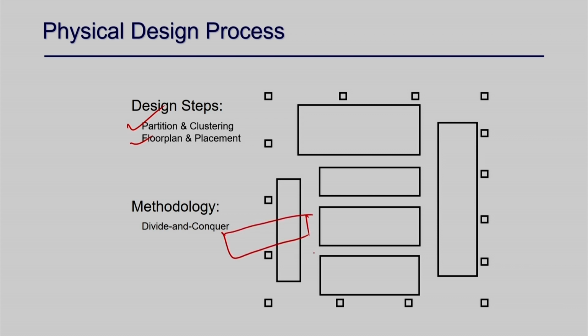I mean you can think about either vertically or horizontally. Similarly, this can be placed this way or vertically as well. So you can have a lot of possibilities, and maybe some other organization gives you a compact area instead of this organization. So floor planning and placement take care of that. Once you have the small components, the partitions, they have to be placed properly so that your total area is minimum. And then there is pin assignment.